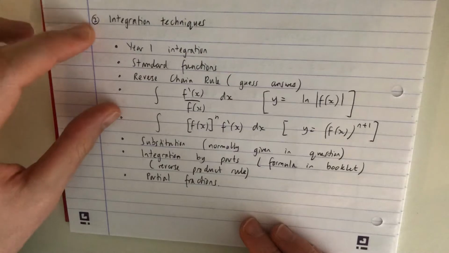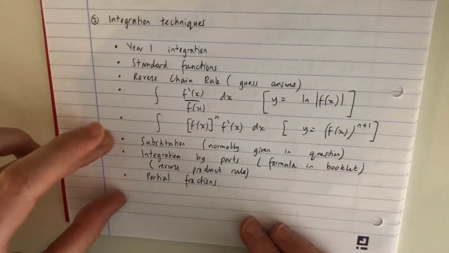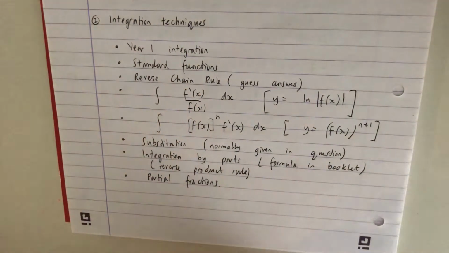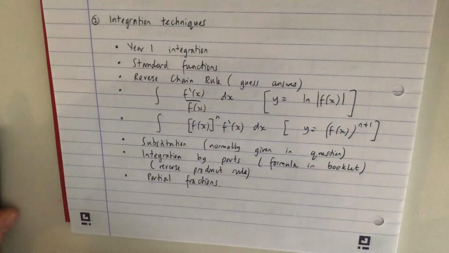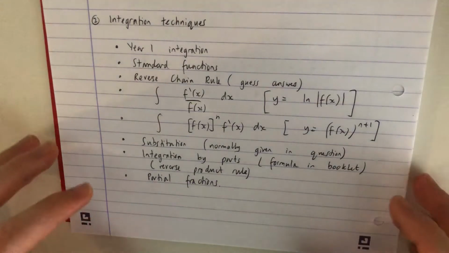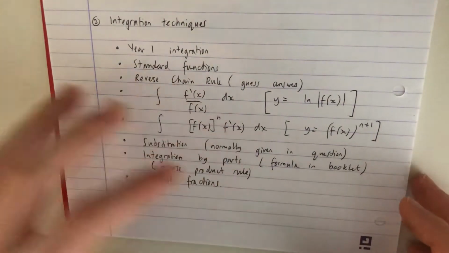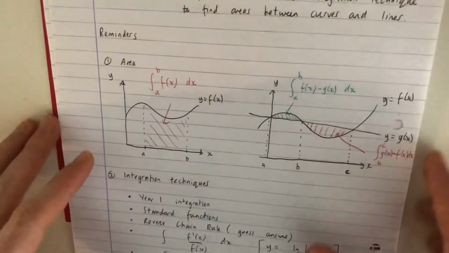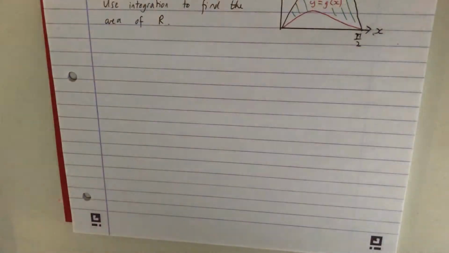These are definitely easier at the top. These are the harder ones. We're always trying to move stuff up this ladder and then end up integrating standard functions or using reverse chain rule. Okay, 8 minutes in and we haven't done any questions yet, so I'm going to quickly move on to what we need to do next. So we are going to do 2 examples